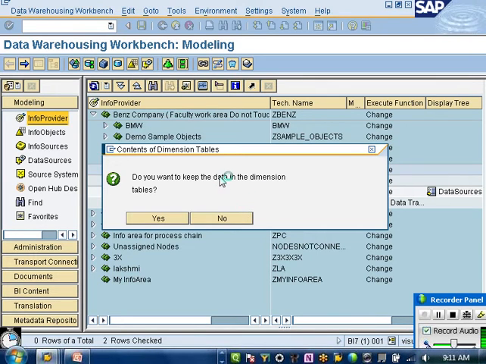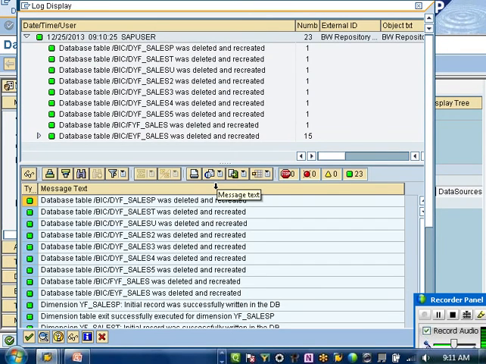I'm just deleting all the data in the cube so that I can load new data. Because once you load data to the cube and then you change your transformation, will it affect the data that is already loaded? Yes or no? So I've got 10 records, I load it to my cube. After loading successfully into the cube, then I change my transformation. Will this change affect the data already loaded? No. Only when you reprocess through the new transformation does it affect the data. So I'm deleting and loading.